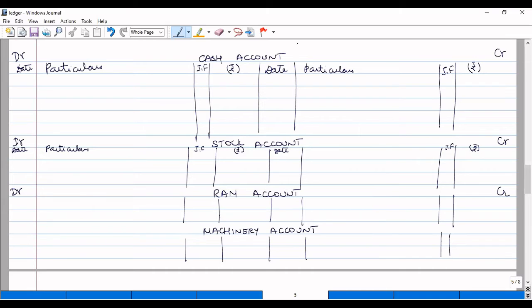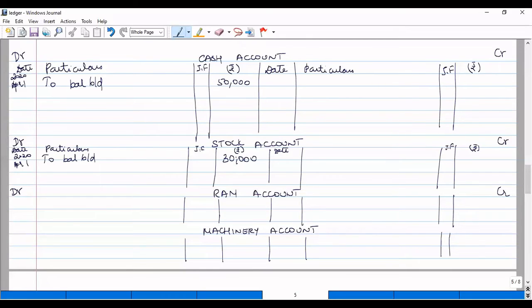Yes. Now, what is the opening balance of cash account? Always for cash account, we'll have opening balance only on the debit side. So to balance brought down, what is the amount? The balance brought down amount is 50,000. Next for the stock account also, we'll have the opening balance on the debit side only as it is an asset account. So to balance brought down, the amount of stock brought down is 30,000.